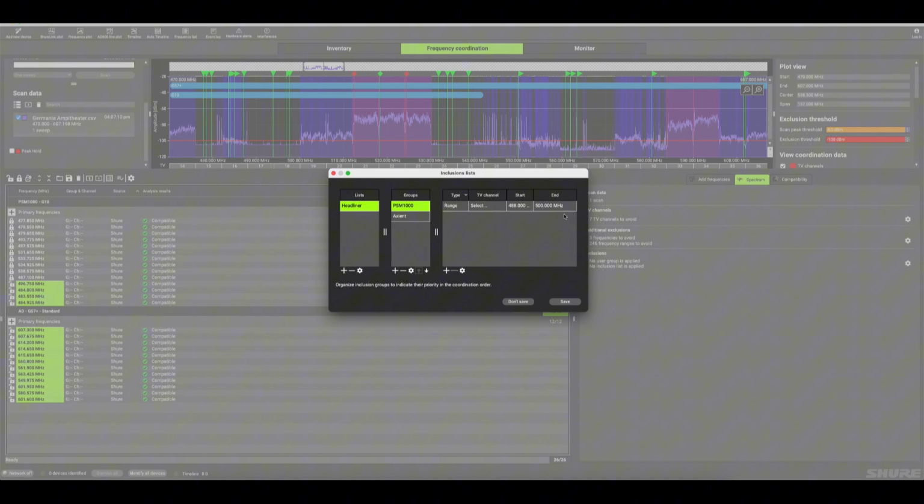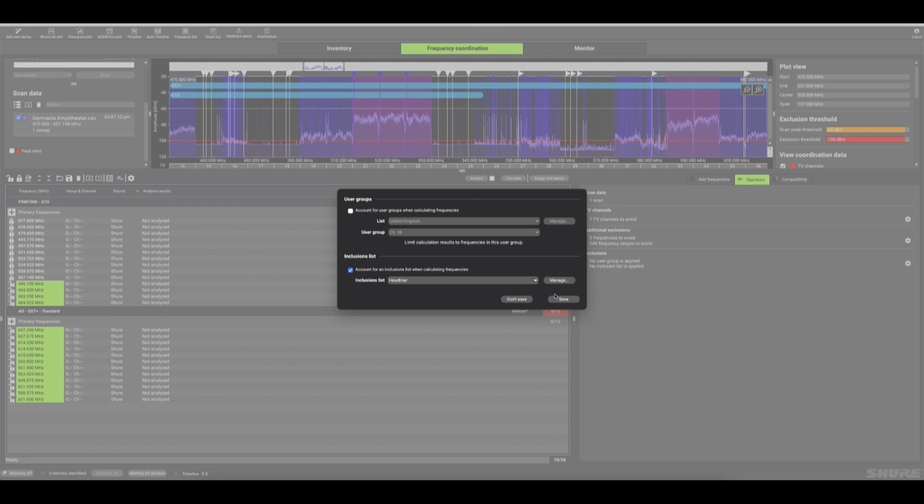Now what this will do is this is only going to coordinate the PSM 1000s in that little band. And then for Axient, let's do the same thing. Let's come up here and let's go 532 to 545. Cool. So if I save that,